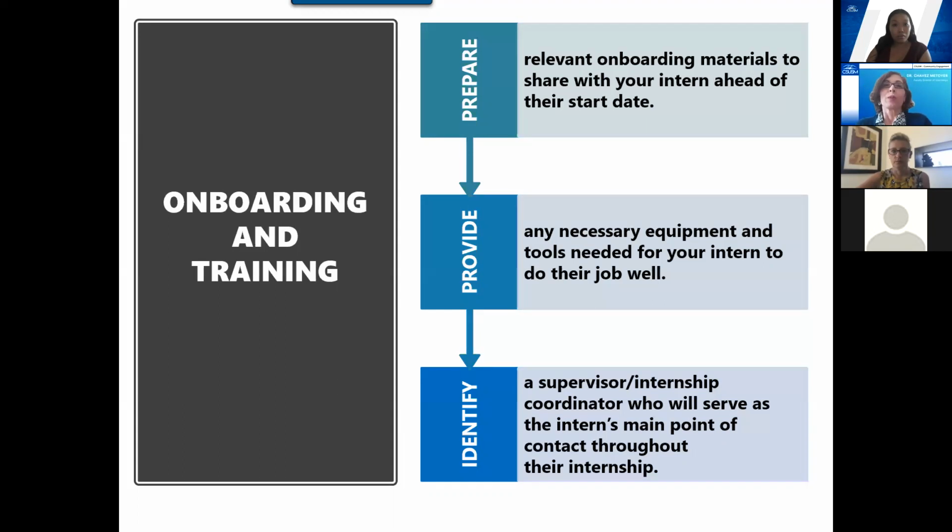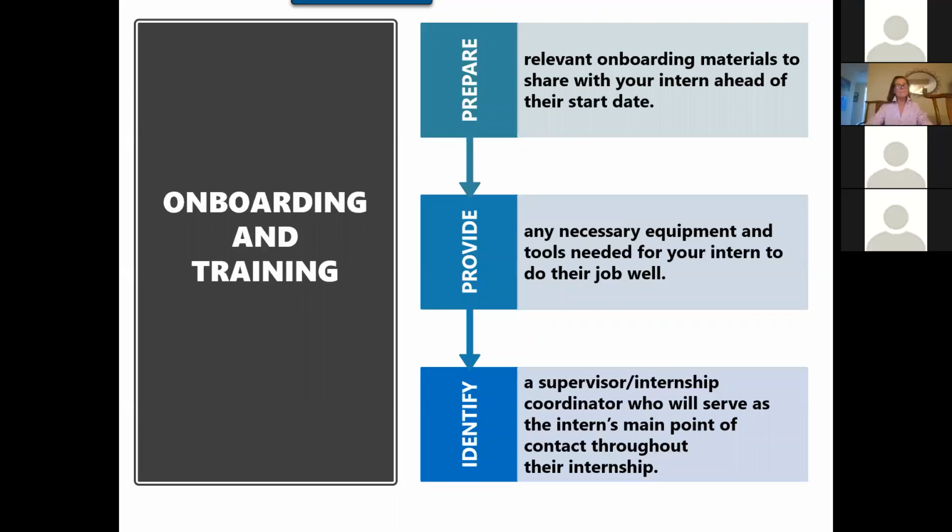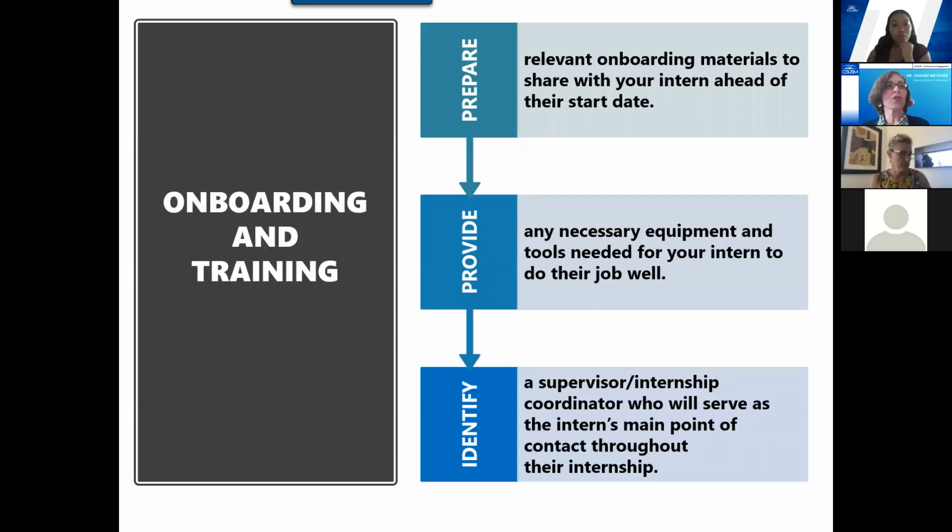So remember that your intern is new to your organization, and so your onboarding should tell them about your company's culture and values. What is it that is important to your organization? So begin the first day with live sessions that include an introduction about your vision, your values, what's your product, your services, perhaps a brief history of your organization.